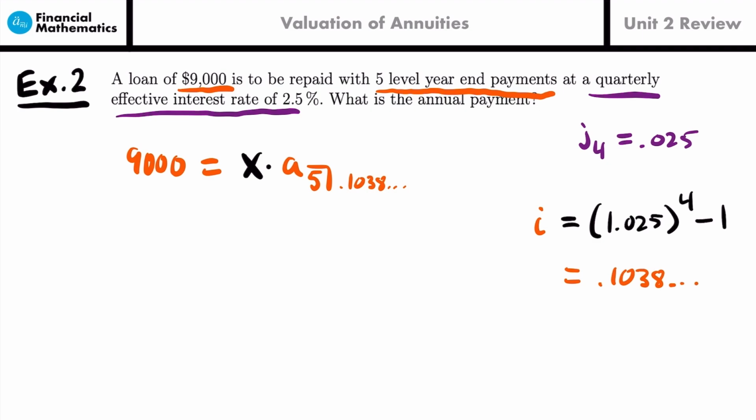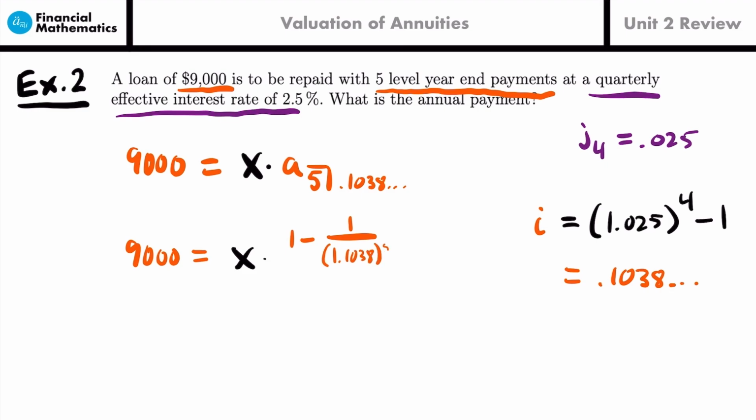Your calculator can't do everything. All right, but here's what we're going to have here. We'll have 9,000 is equal to X times this formula, which will be equal to 1 minus a present value factor to the power 5, but I'm going to rewrite that to be what it would actually be equal to, which is 1 divided by 1 plus the interest rate to the power 5, so we'll have